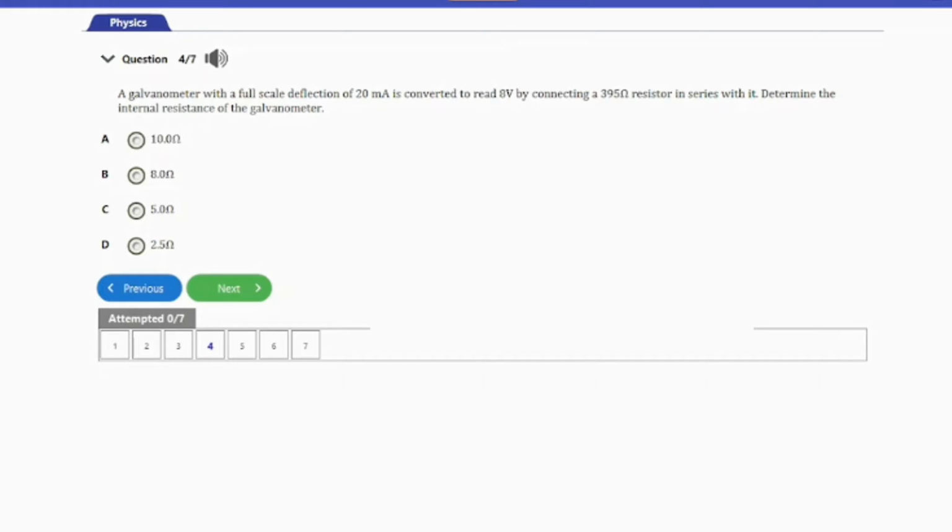Here we are just going to determine the internal resistance of the galvanometer. We know that V is equal to IR, and the voltage across here will be the sum of the voltages, that's IR for the galvanometer plus the IR for the external resistance. The voltage given to us is 8 volts. So 8 volts is equal to I, the current, which is 20 milliamps, like 0.02 amps, times the resistance of the galvanometer, that's 0.02 Rg, plus the current times the external resistance, so 0.02 times